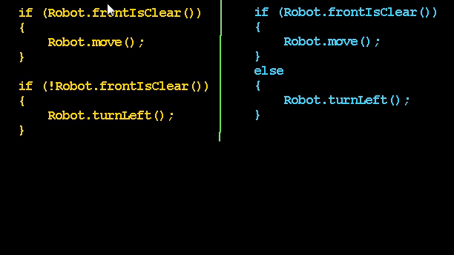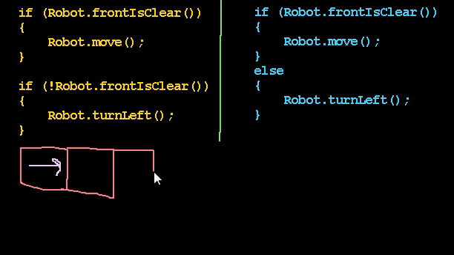Well, to move, the front has to be clear. To turn left, the front must not be clear. But if the front is clear and we move, so let's draw this out. Here's my robot, and let's mark exactly where the robot is on the map so we can keep track of this. So here's the robot. If the next cell is empty, if it's clear, and the next cell has a wall, so we'll put a wall over here,